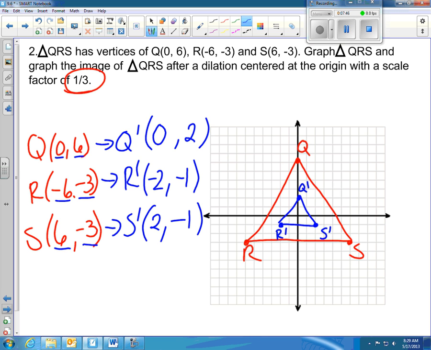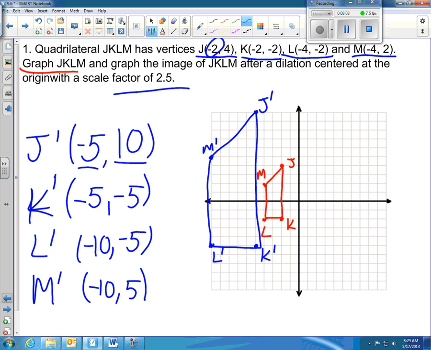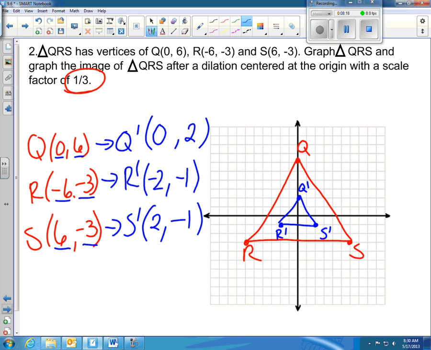So now we've just done our new image of triangle QRS with a scale factor of 1/3. Notice that when we had a scale factor of 1/3, or that fraction, we actually made our new image smaller. If we look back at the previous problem, our original image is in red and our new image is in blue, and that had a scale factor of 2.5. So if the scale factor is greater than 1, you're going to increase your figure, and if the scale factor is less than 1, you're going to decrease your figure. So find a place to jot that down in your notes, pause, rewind, listen to that again, write it down